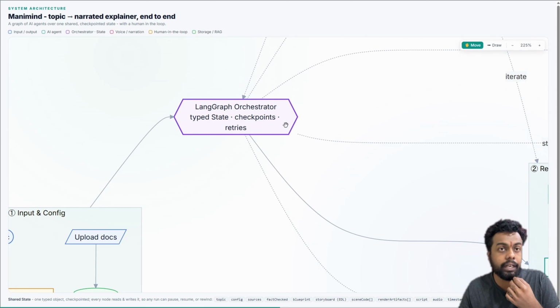What exactly is the state? State is nothing but a piece of paper. I'll give you an example of a hospital. If you go to a hospital, you have a slip or prescription. You go to the nurse, she takes your vitals, she writes weight, age, everything on a paper. Then you go to the doctor, which is another agent in this case, and the doctor writes the prescription of medicine and the disease you might have. Then he updates that prescription. That is the state currently.